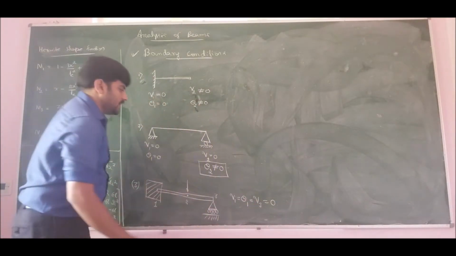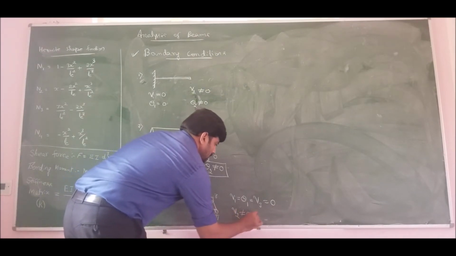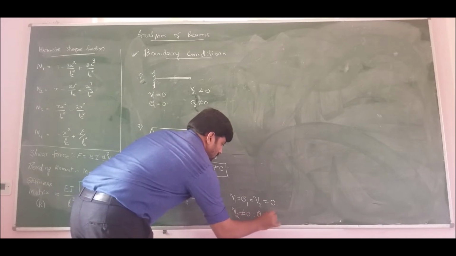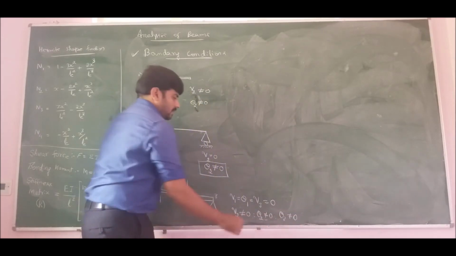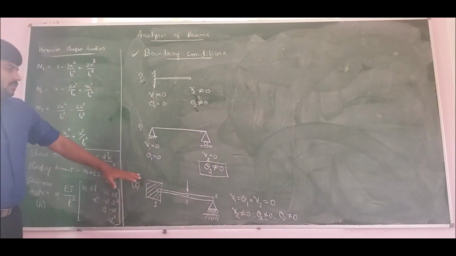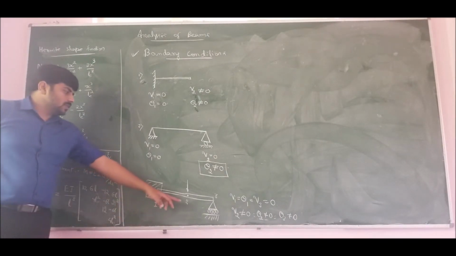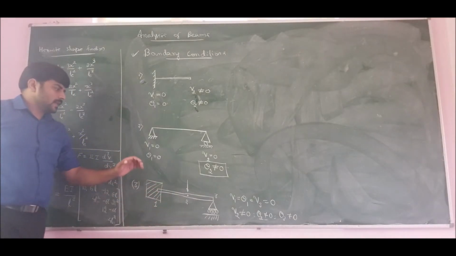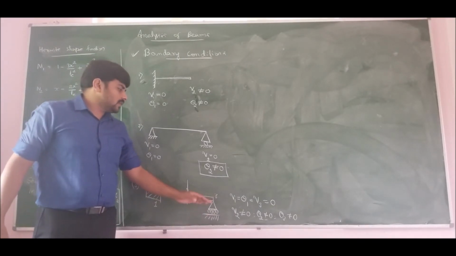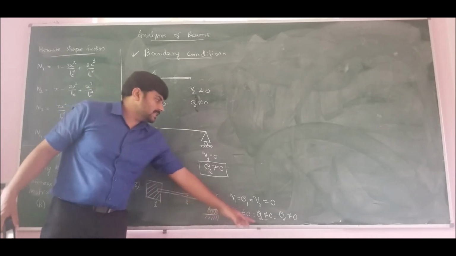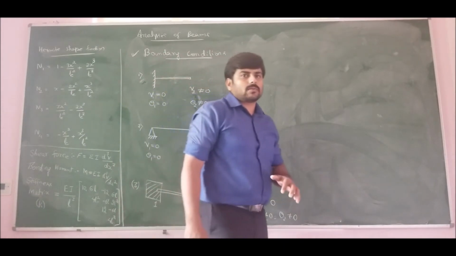Now at node 2 it is completely free, so I should compute V2, which is not equal to 0, and theta 2, which is also not equal to 0, and also theta 3, which is not equal to 0. So for problems with these types of boundary conditions, node 2 is completely free, so you should compute both deflection and slope. At node 3, it is arrested in the y-axis, so the deflection is 0, but a slope exists, so you should calculate the slope at node 3. So these are the different types of boundary conditions one should remember before solving problems on beams.